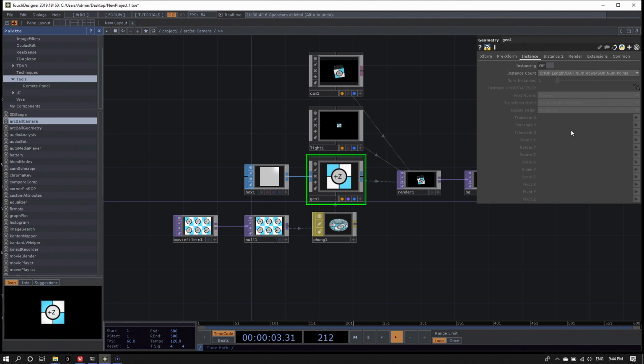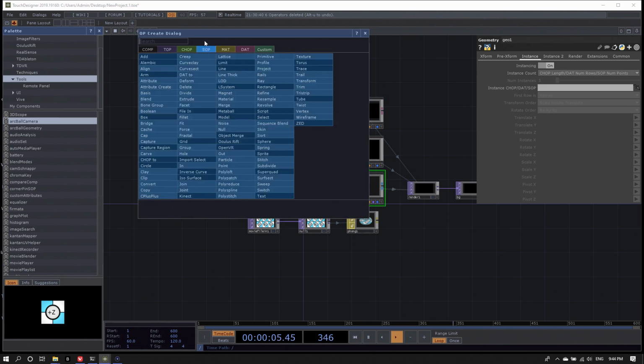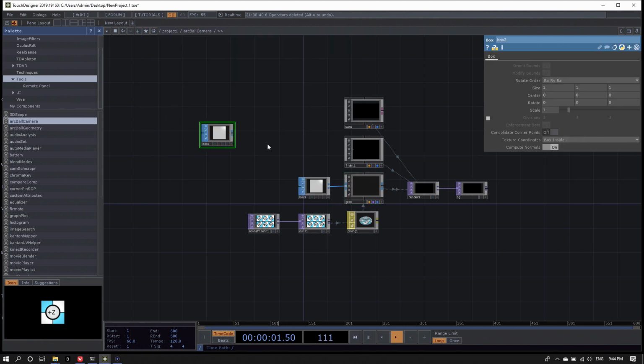As an instancing source, and just comparing this with the copy sub, the instancing source would basically be kind of our template data. As an instancing source, we can use a chop, a dat, or a sub. So the easiest perhaps would be, again, to open up the operator create dialog and create a box right here.